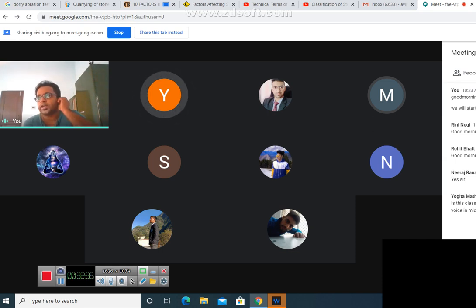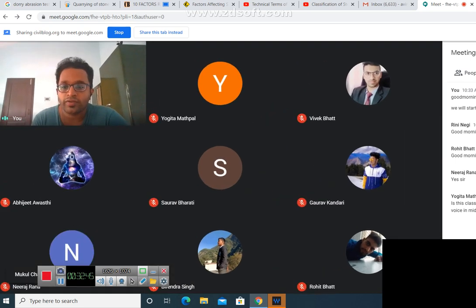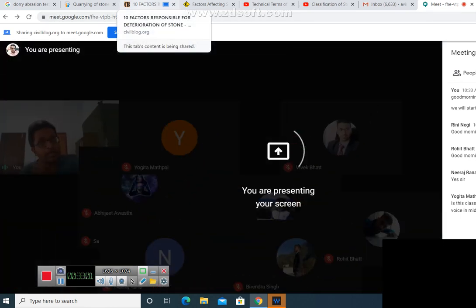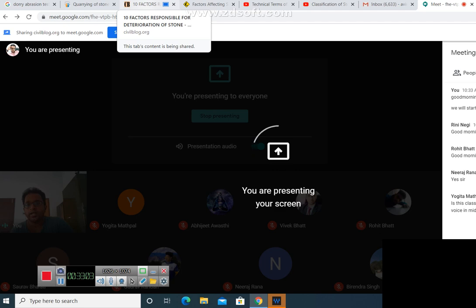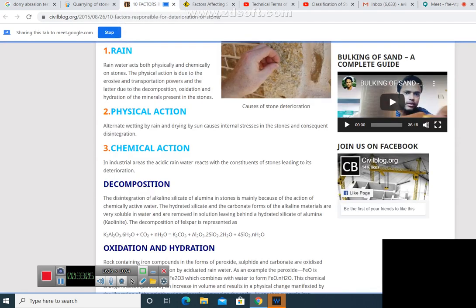At that point, I was explaining about the erosive action of different agents. I told you that water is one erosive agent. Water, on coming in contact with the rock surface, will be eroding certain portions from the surface of the rock, and that will be transported to a different place and deposited over there. We have already discussed that erosive property of water.